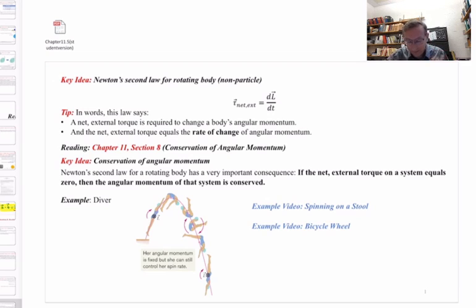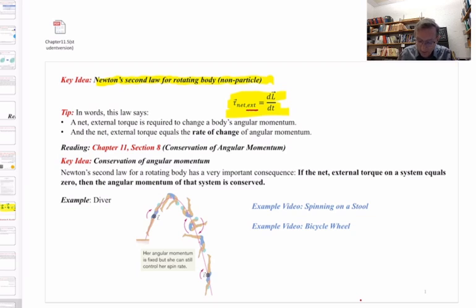Before we get to that, though, let me remind you of one of the key ideas from the previous video lecture. Newton's second law for a rotating body, non-particle, extended body. It goes like this: if you have a net external torque on your non-particle body, that will result in a change in that body's total angular momentum. And the net external torque on the body will be equal to the rate of change of the total angular